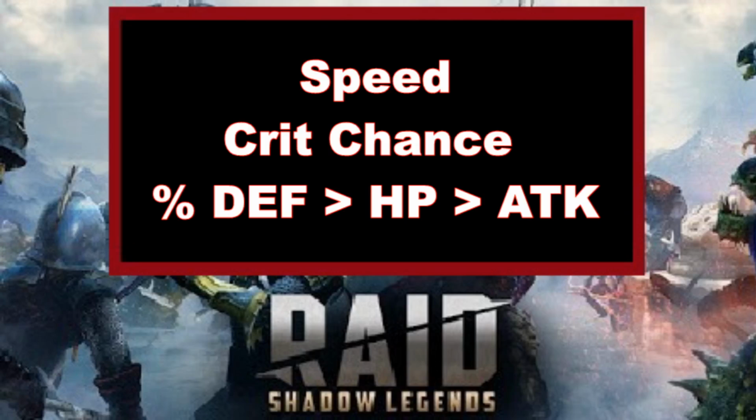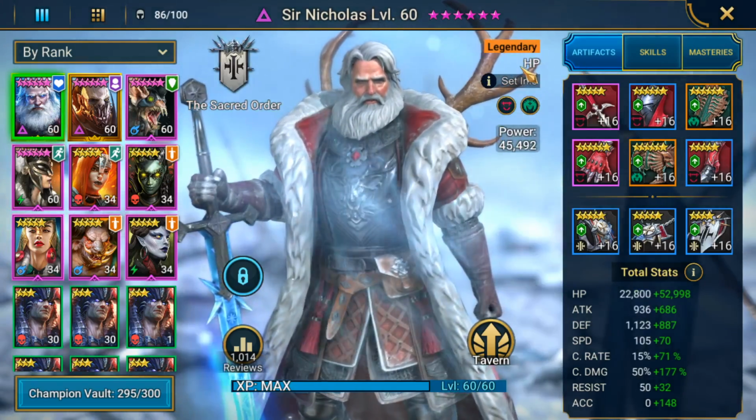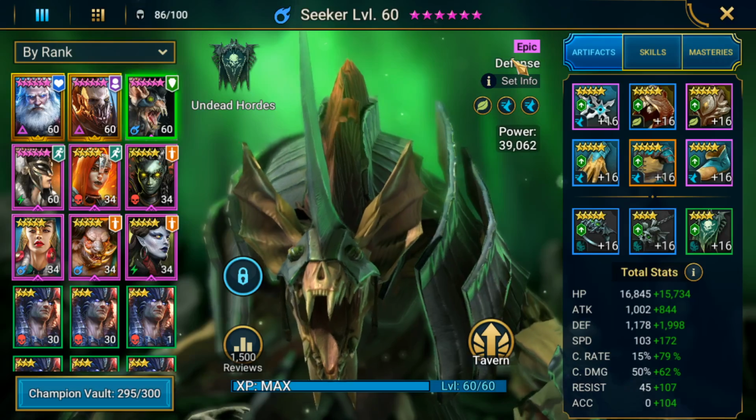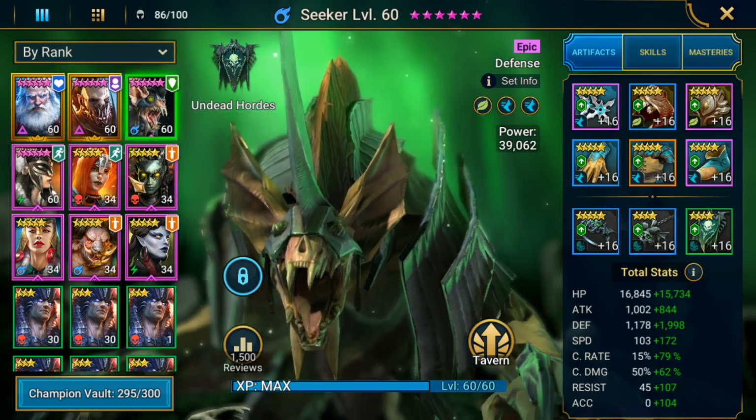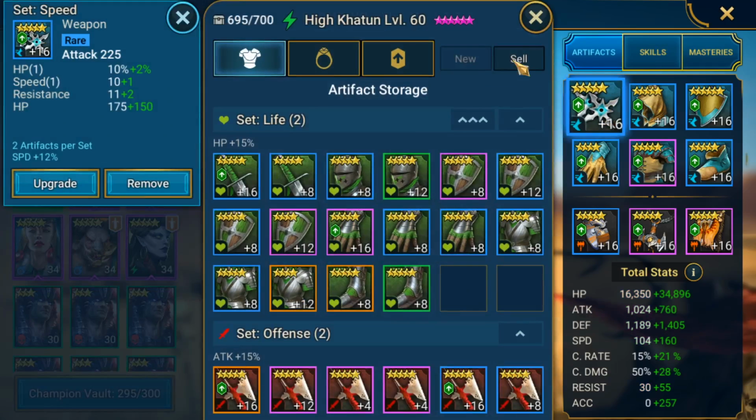whatever your champion uses to scale, that's going to be that percentage-based stat. So, for example, Sir Nicholas scales off of HP, so I would look for percent HP. If I was working on Seeker, because he scales off of defense, I would look for percent defense. And then if it was another champion whose abilities end up scaling off of attack,